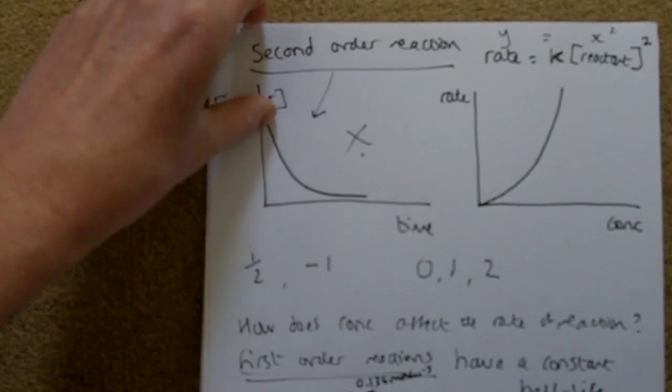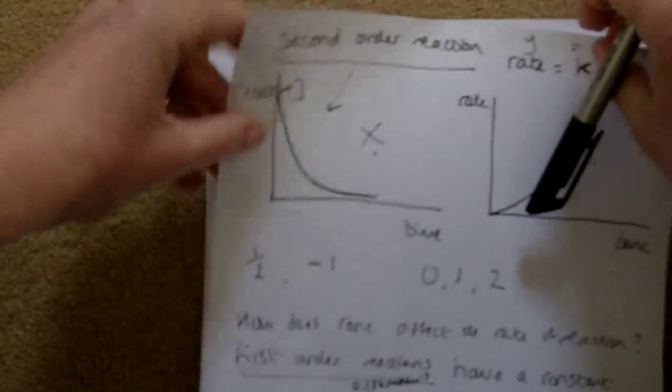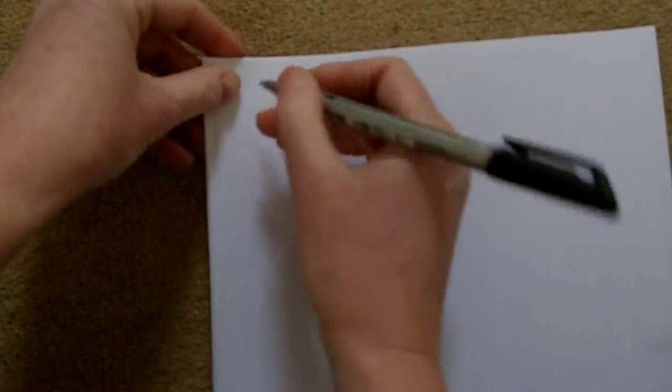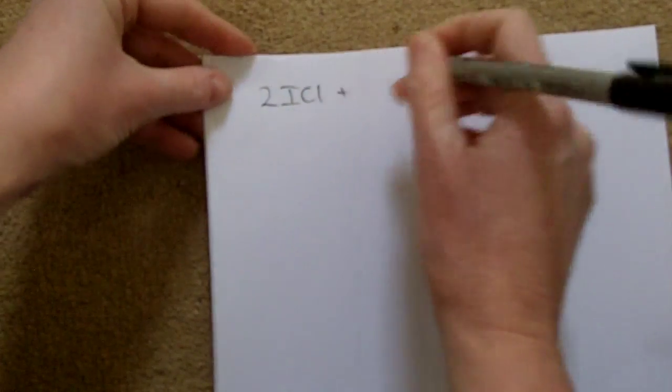The last bit, this is about practicing questions. You need to practice questions on this. The last bit is how to determine the mechanism. Right, so if I give you a question, let's give you a question here. So if we have this chemical equation,